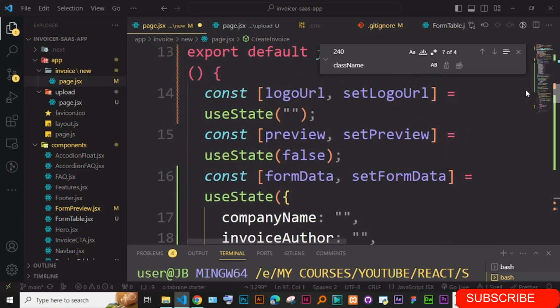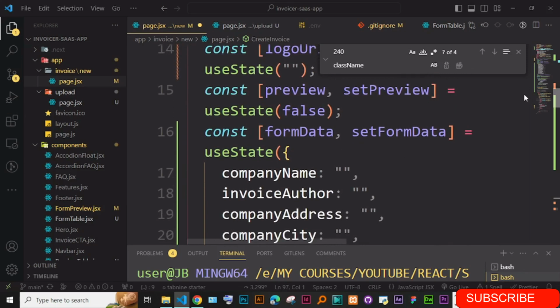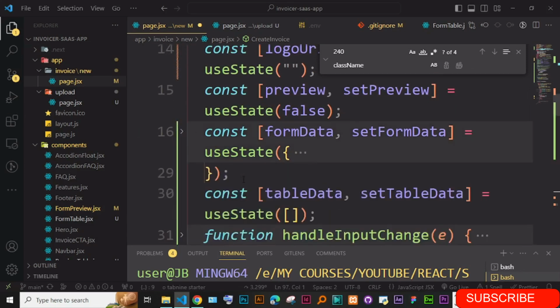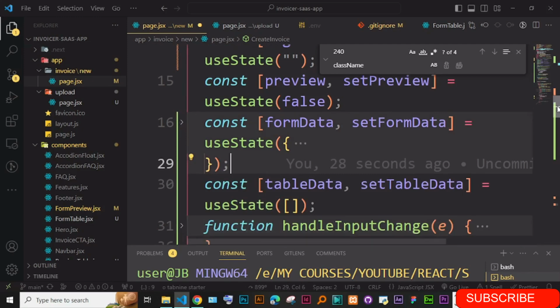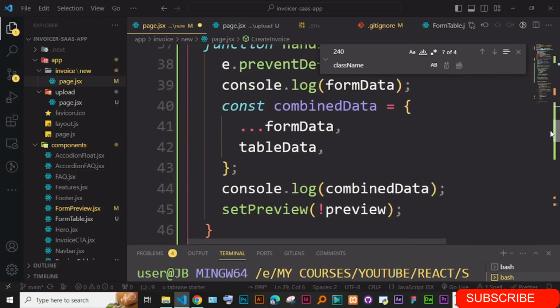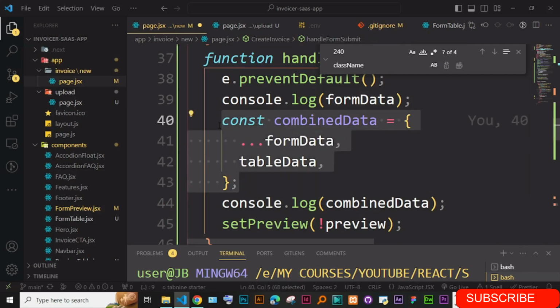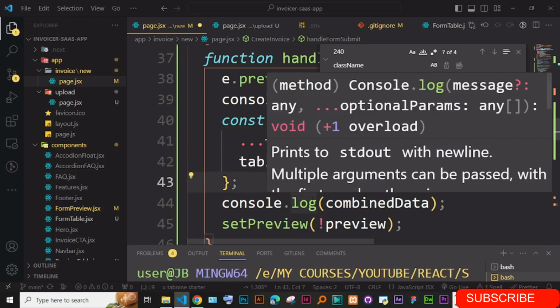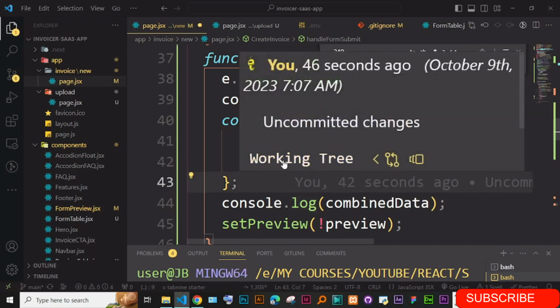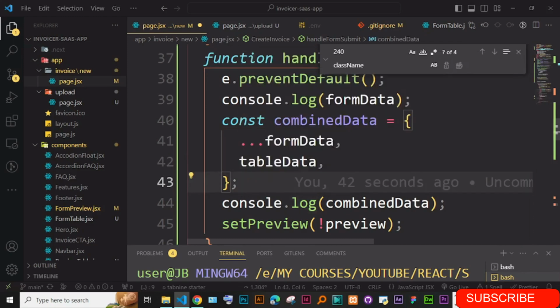We have 3 states so far. Form data. So the combined data we are pushing, we can create one more state that is going to hold this combined data. So we can just have this one state that is creating this combined data. After getting this combined data, it sets it in the combined data. Let me just go ahead and do that,